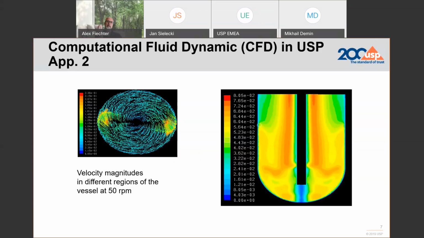And what's interesting, if you look at the bottom of the shaft where it is blue, this is a zone where actually not much in terms of hydrodynamics is happening, which is where you usually have your tablet, your capsule, or whatever is placed underneath the paddle.